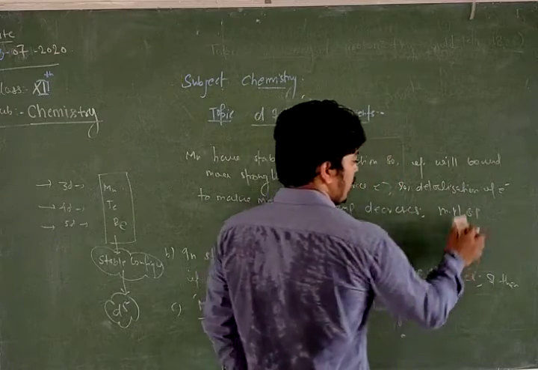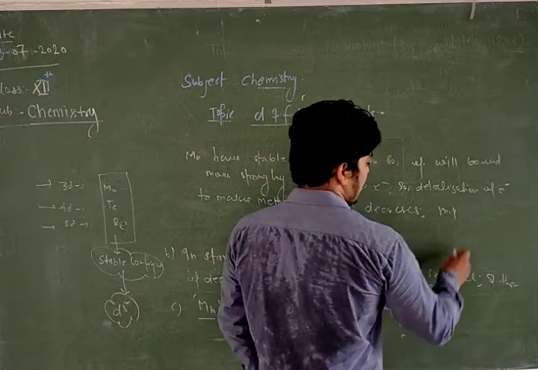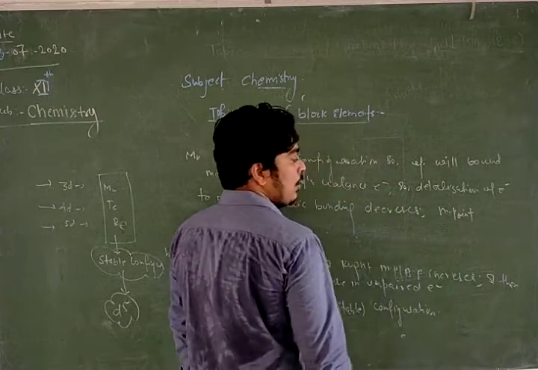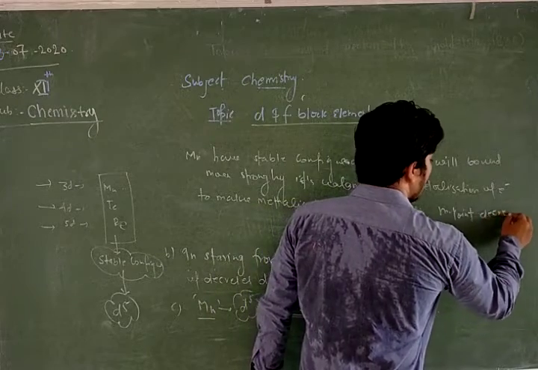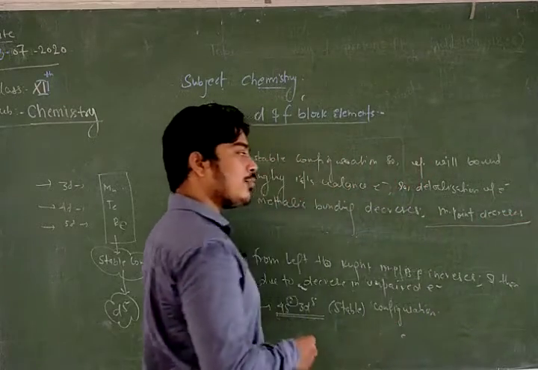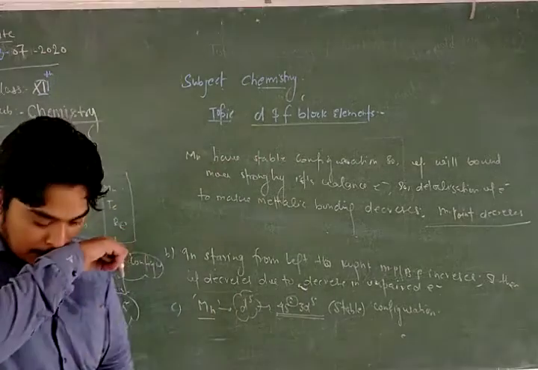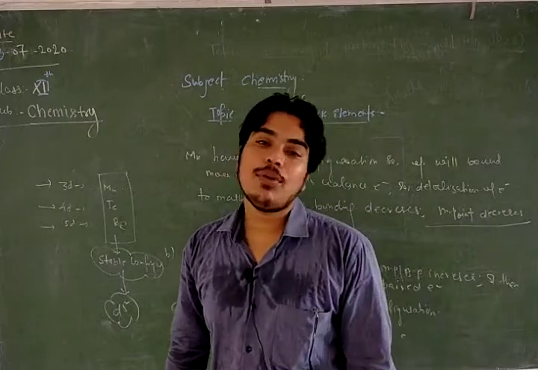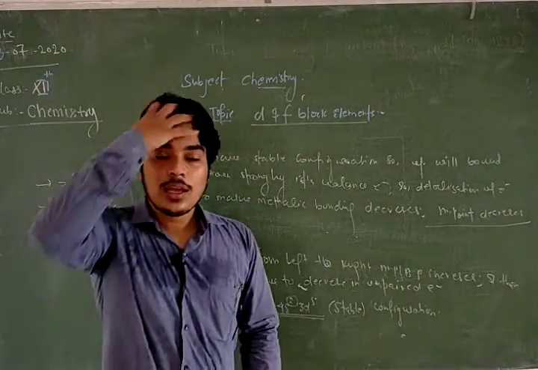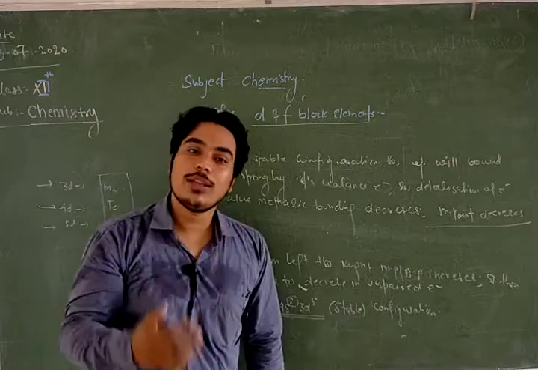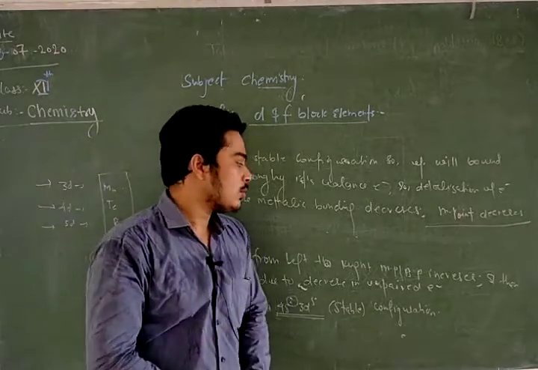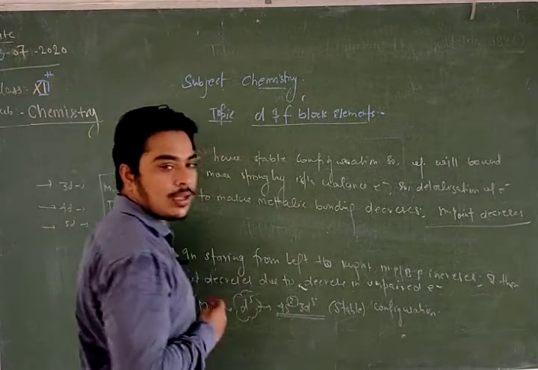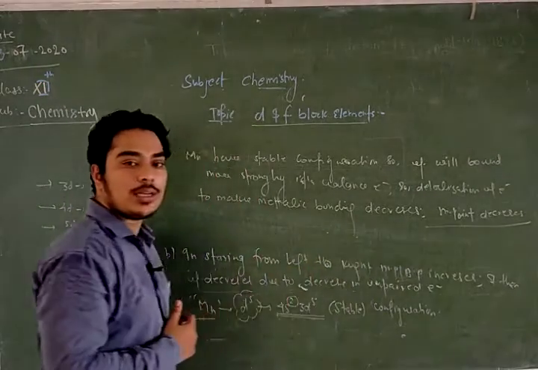Suppose I am talking only about melting point. Now about melting point, I am not talking about boiling point. There are some different parameters. Melting point decreases. So melting point basically depends upon which factor? How effective metallic bonding is going to happen. If metallic bonding is strong, then melting point will be higher. If metallic bonding is weak, then melting point will be lower. So these are the factors in the starting. Metallic bonding increases, then melting point increases.